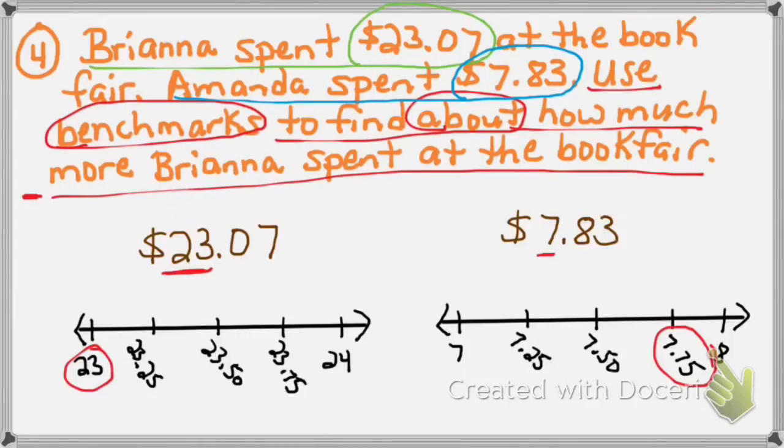So I now have Brianna's estimate of $23, Amanda's estimate of $7.75, and I'm going to need to subtract them, so I'll move to the next page. And again, since this is a subtraction problem, when I subtract, I always have to start with a larger number. And I have two numbers, 23 and 7.75. Well, 23, although it only has two digits, if it's money, $23 is most certainly more than $7.75. So I'm going to say $23 minus